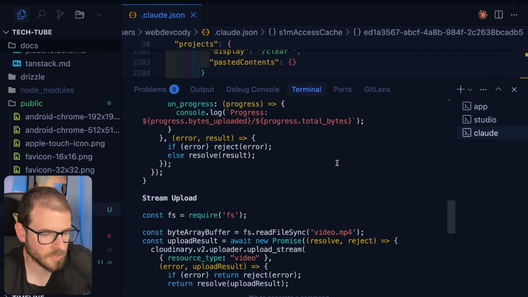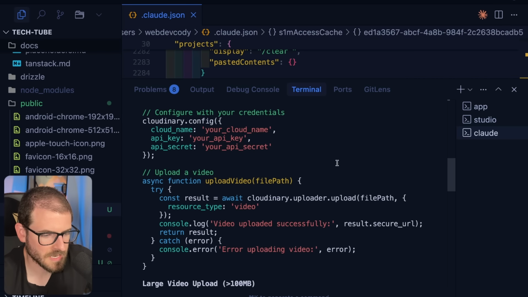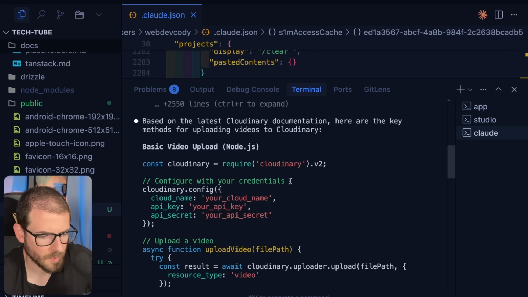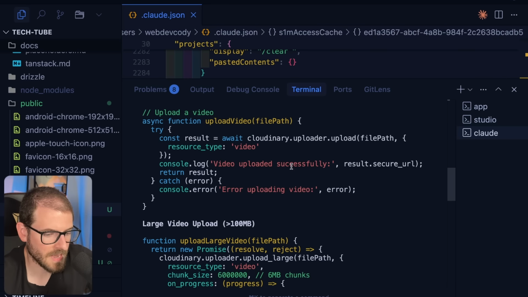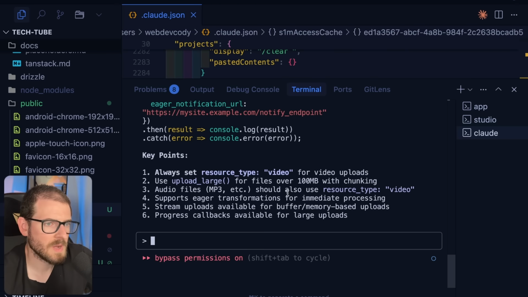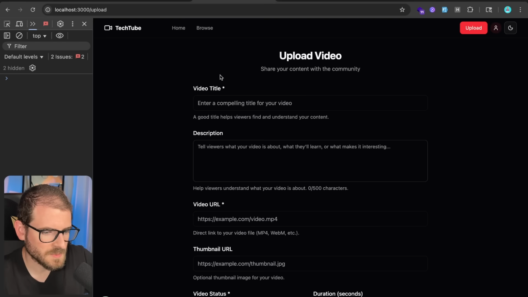All right, so if we scroll up a little bit, you'll see that we have a bunch of different examples for streaming, for uploading, for using the Cloudinary SDK. We could probably also prompt it about like, hey, we're using React. Can you go ahead and give us some React examples? But I think we should be good now. Just setting up those 2 MCP servers, I think, will put us in a better position to start doing agentic coding much more successfully. So let's move on to allowing this upload video form to actually submit a file to